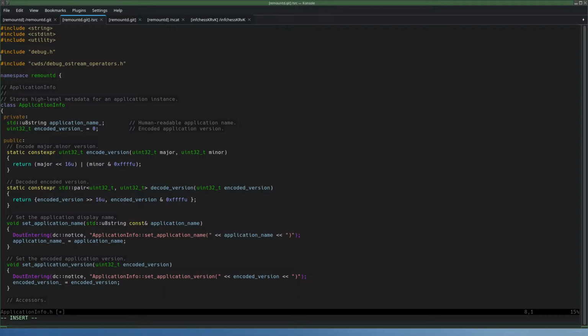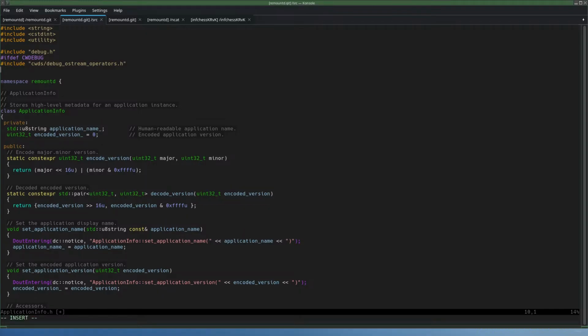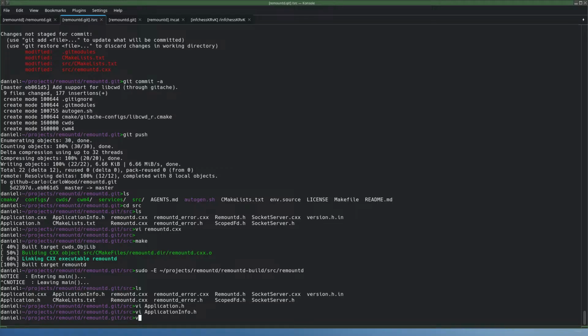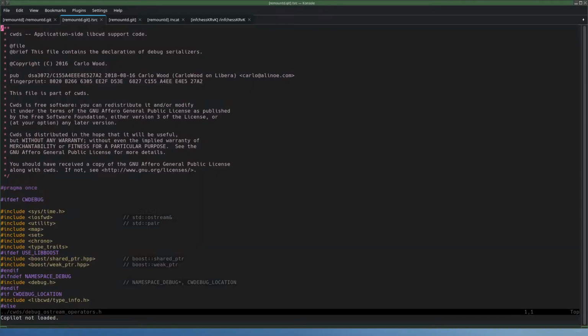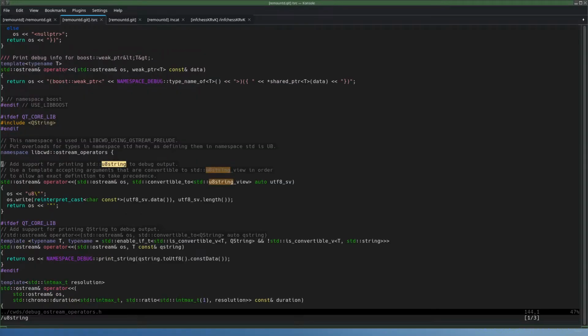But yeah, only want that if we're really in debug mode. So if dev cw debug in dev, because I think that defines it. Something with u8string. Yeah, support printing a standard u8string to debug output. So that should work.